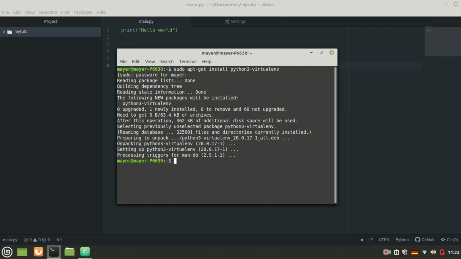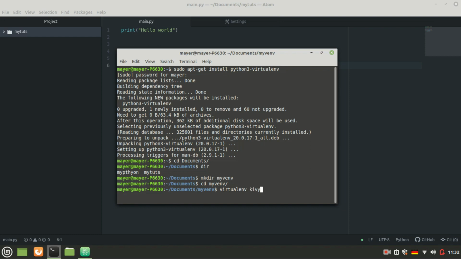So once installation is complete, we can create our first virtual environment. I like to have all virtual environments in one folder, so I will cd to this folder, create a folder for my virtual environments. And to create a new virtual environment, just type in virtualenv and then the name of your environment. In my case, I want to have a virtual environment for a Kivy project, so I will call it Kivy